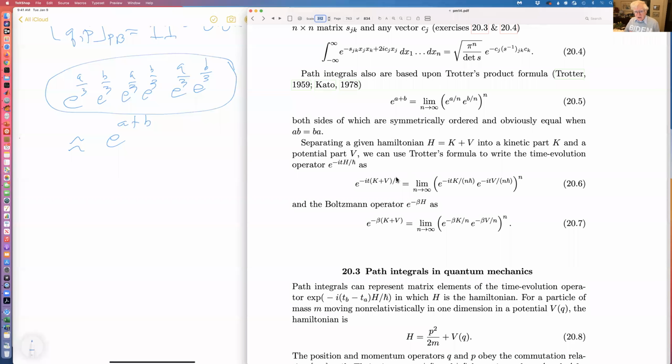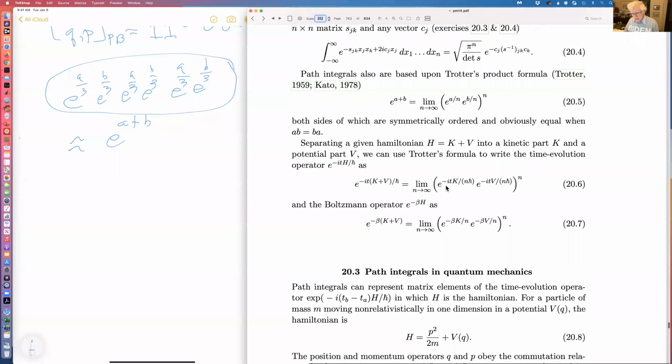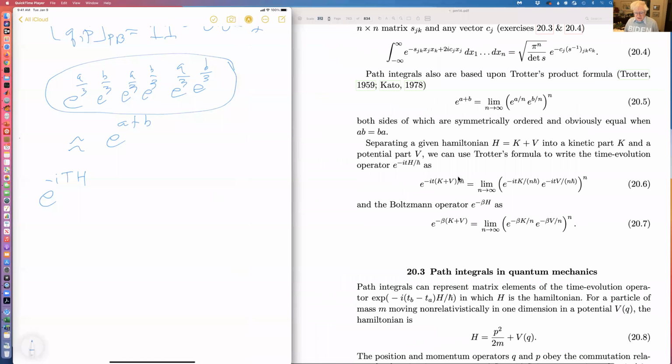Then you can write the time evolution operator as a limit as n goes to infinity of n products like that. And so in physics terms, you say that e to the minus i big T H, which is the time evolution operator, you'd say that this is